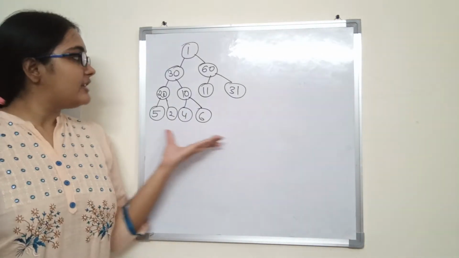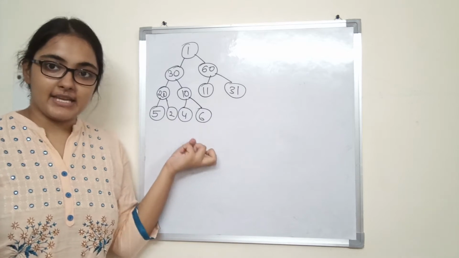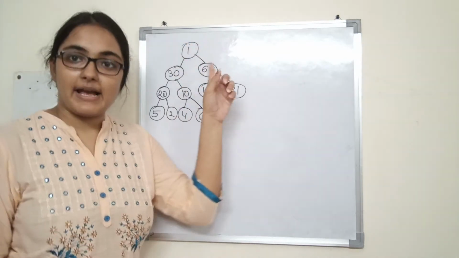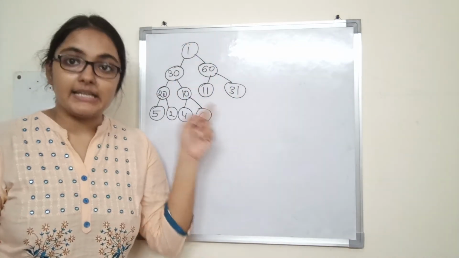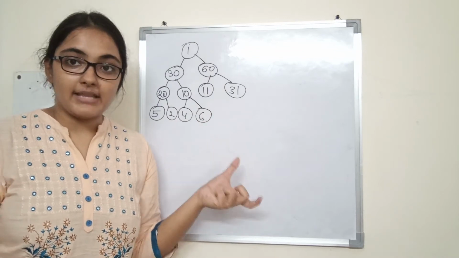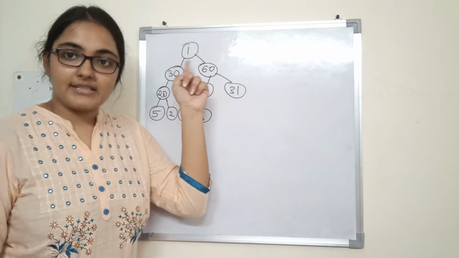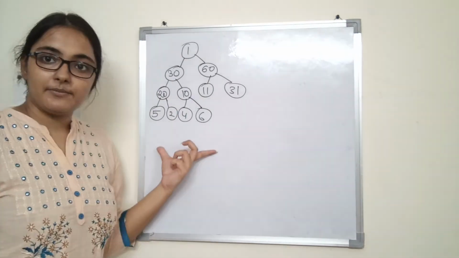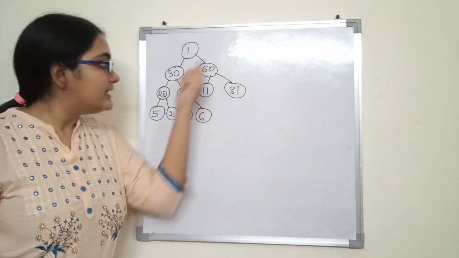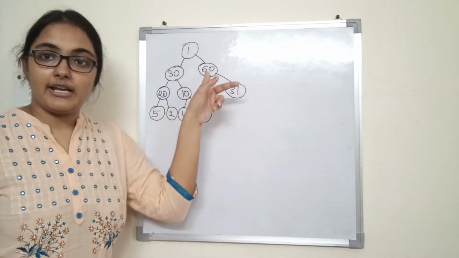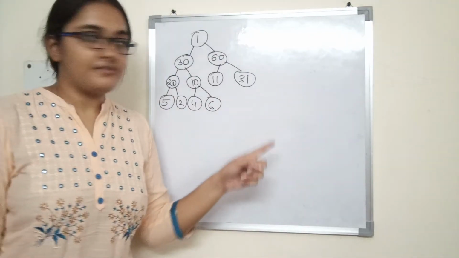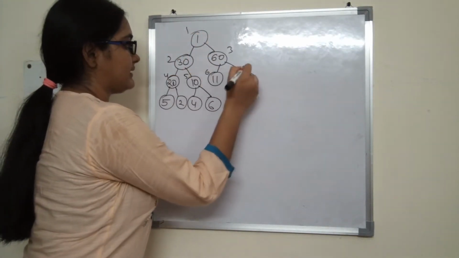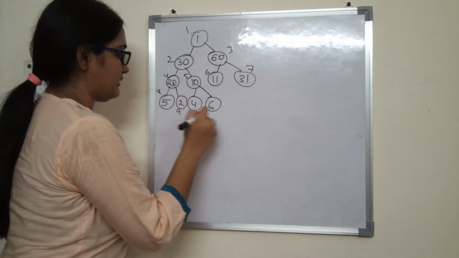If we look at this example, is this a max heap? It is a max heap apart from this node. This node is violating the max heap property. Why? It is not containing the maximum element. The maximum element should be at the root node, but this is not containing it. So only this node is violating the max heap property. This subtree is a max heap because it contains the maximum element. So we will call max heapify on this node. Let us index it: 1 2 3 4 5 6 7 8 9 10.